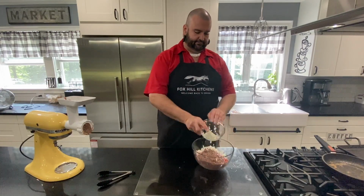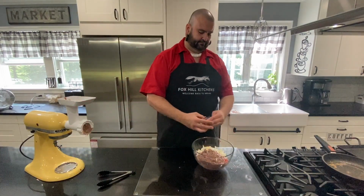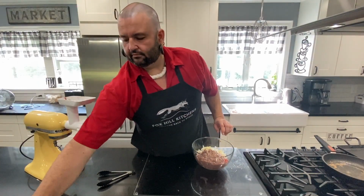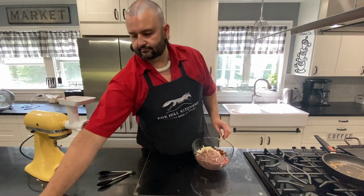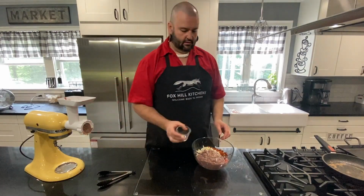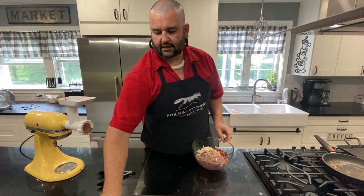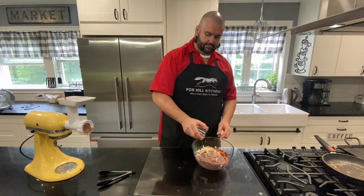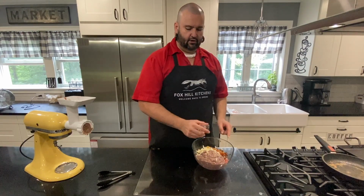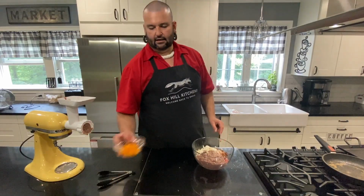I've got my onions, my garlic, and I've got my seasoning, my chili powder, chipotle powder, a little garlic powder. It's a little humid here today, so things are kind of sticking. I've got my cumin. These are dry chili powder, dry chili burgers. There's a little mustard, onion powder, and I'm going to throw in